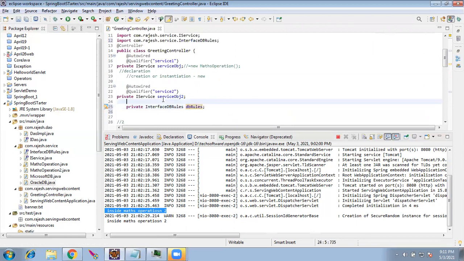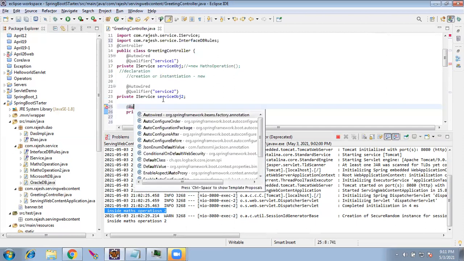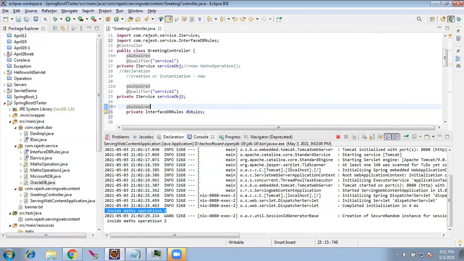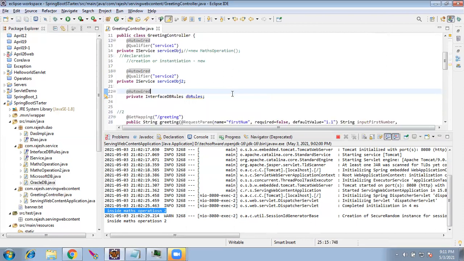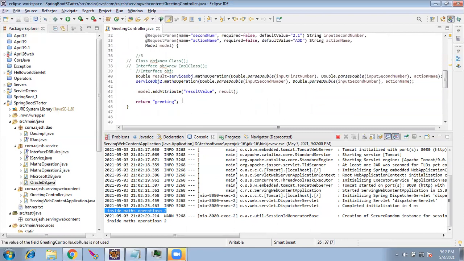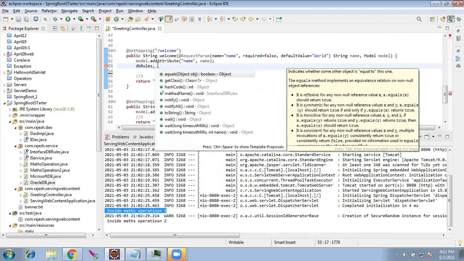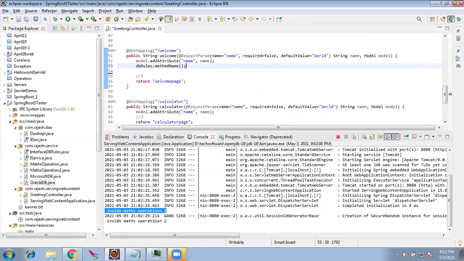Okay, I will just talk with the interface without worrying which DB I'm going to use. So here I will call method name.